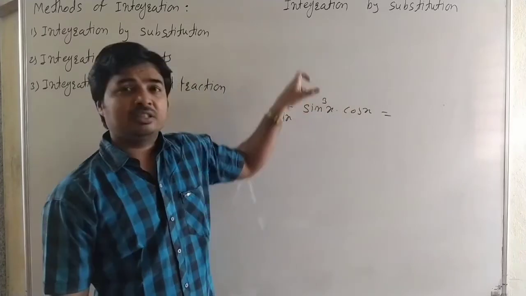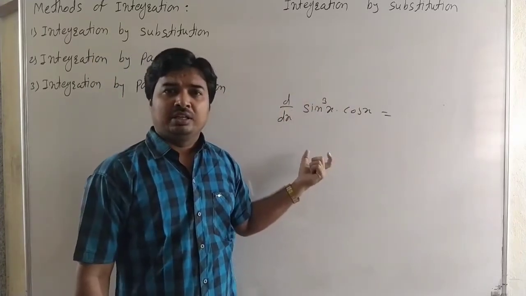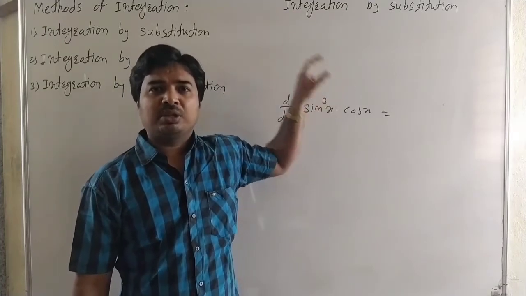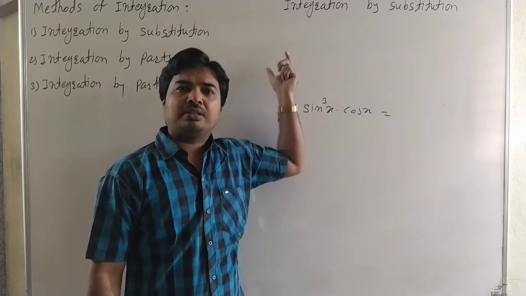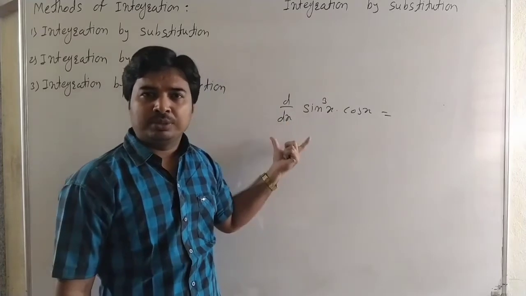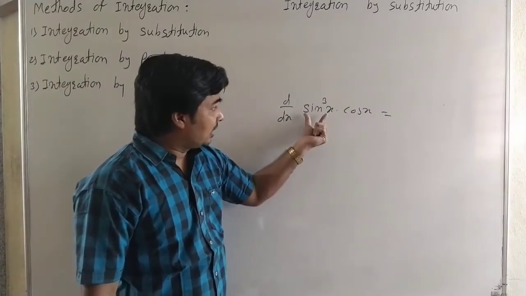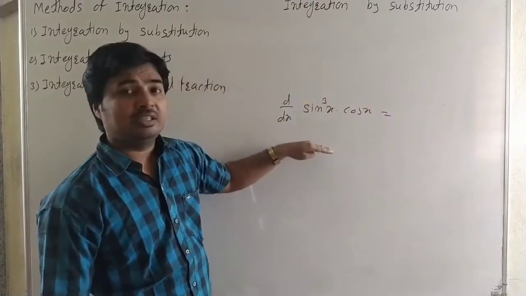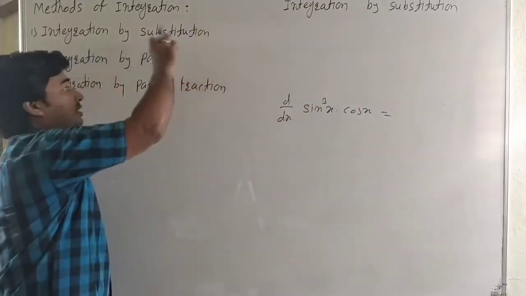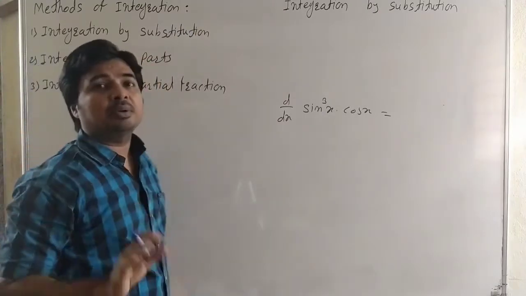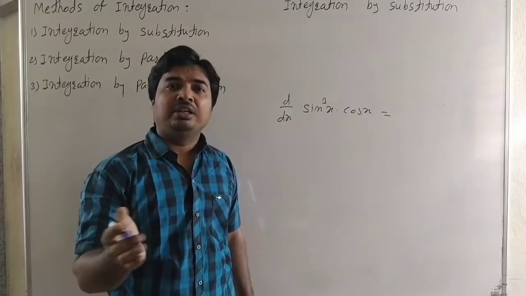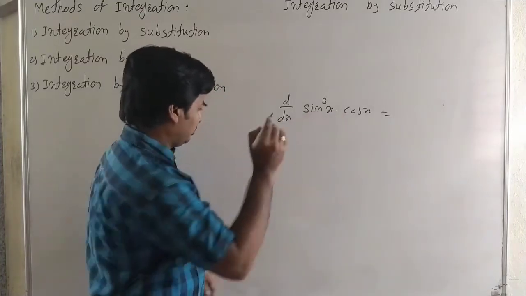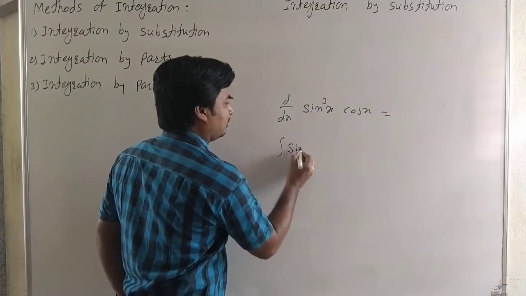In integration there are several methods. In integration by substitution there are 9 or 10 methods to find integrals by using substitution. Integration by parts has again 4-5 methods. In derivative there is only one method, direct differentiation. But in integration there are integration by substitution, integration by parts, and integration by partial fractions. There are 3 methods to find integrals which are not in the standard form.